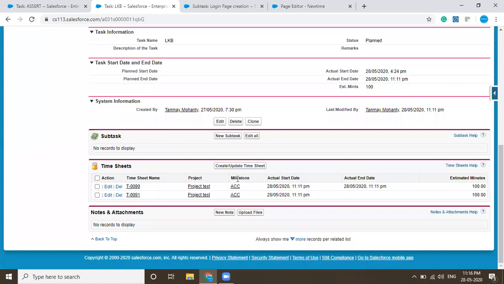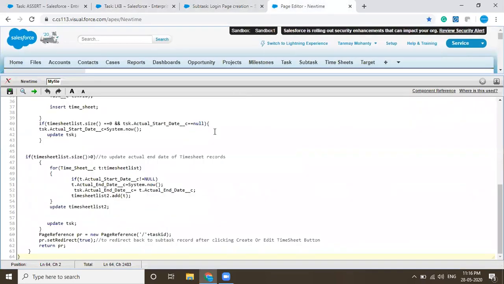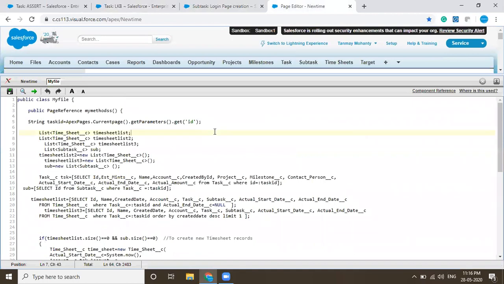So now we will go forward with the code part. This is the code that we have written, and I'll show you what is actually inside the code. You need to understand the parent to child theory and how to code that particular thing.